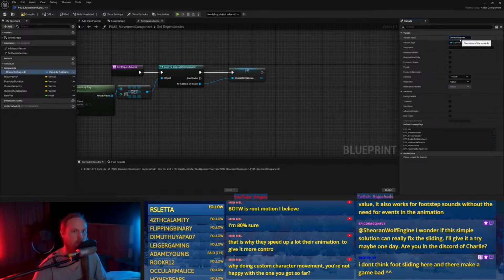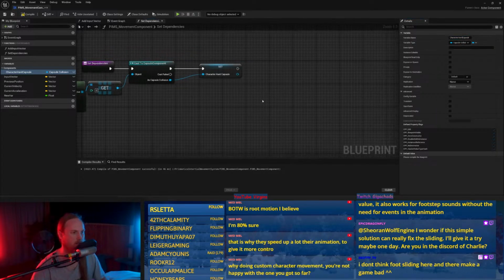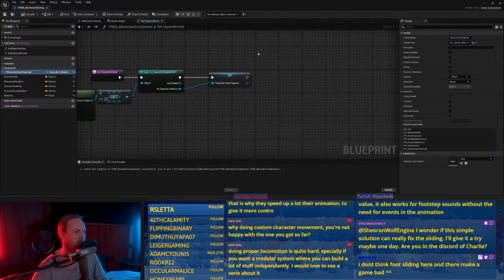Character hard capsule. The soft capsules kind of just... we could do it so that there's just one capsule, but you give it a hard limit. That could work.